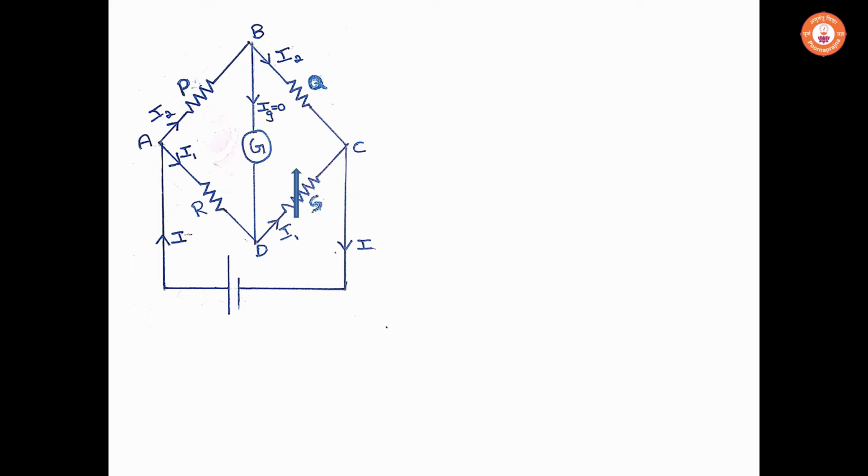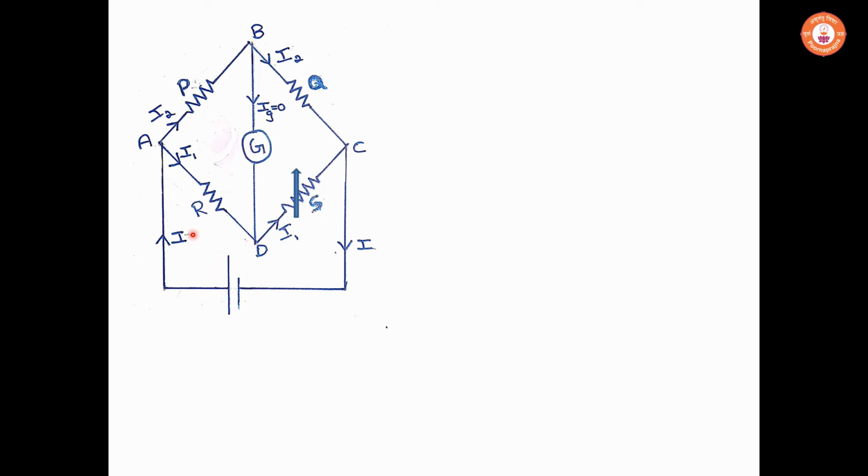This is Wheatstone bridge, which consists of four arms AB, BC, CD and DA with four resistors P, Q, S and R. In that, P and Q are known resistors, S is a variable resistor and R is the unknown resistor that we need to find. Here G is a sensitive galvanometer which is connected across the terminal BD,